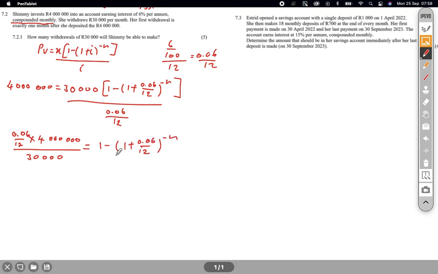Okay, and now as you can see, our bracket is negative. So what we want to do, we're going to take this one this side, so we're going to transpose that. But now the bracket won't be isolated. So this means you have to take this one this side. And since this is negative, if we take it that side, it's going to be positive. And this one, if we take it to the other side, it's going to be negative. So you're going to have